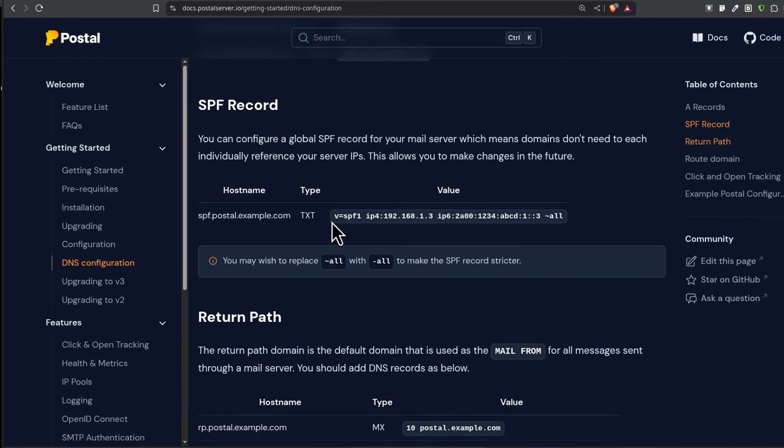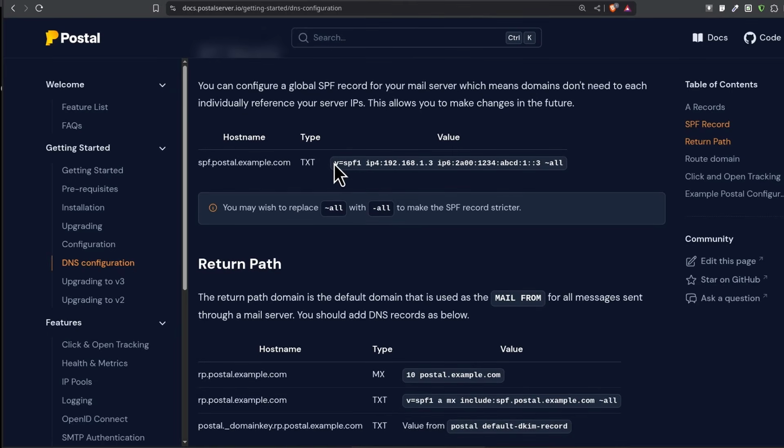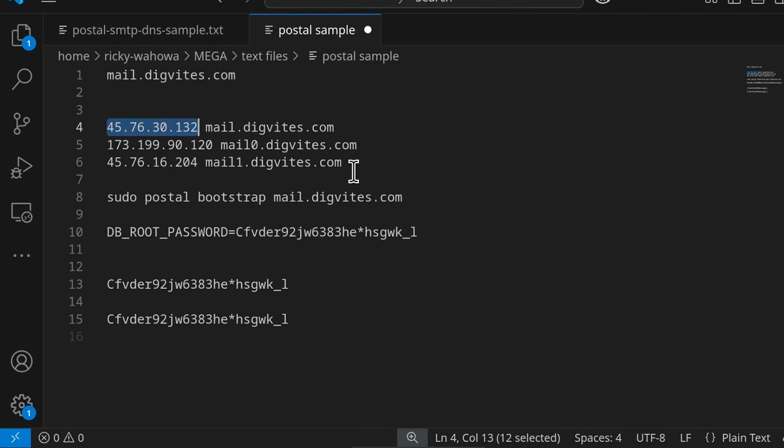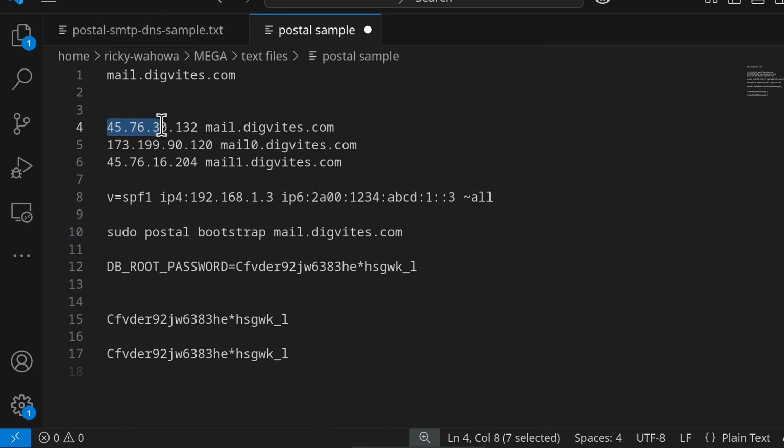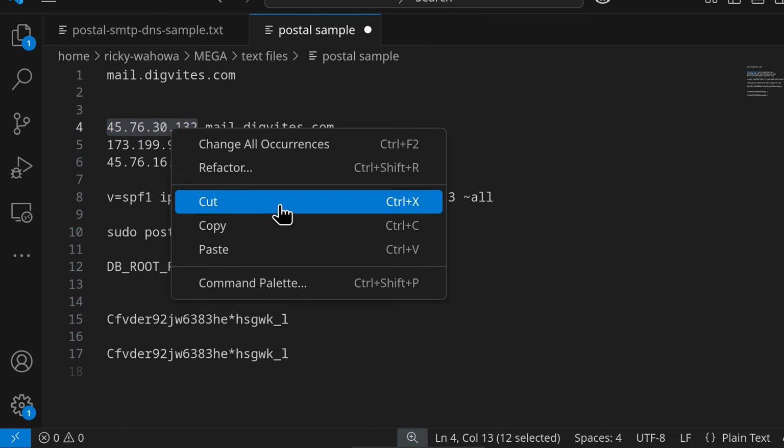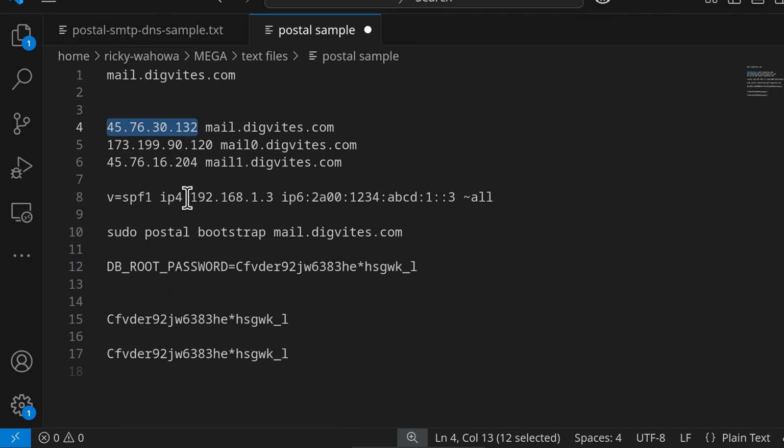SPF record, let's use this SPF record, and I'm going to edit it. SPF record, let me put it under this, Control V, and we are going to need to allow that IP, Control V, and then IPv4.